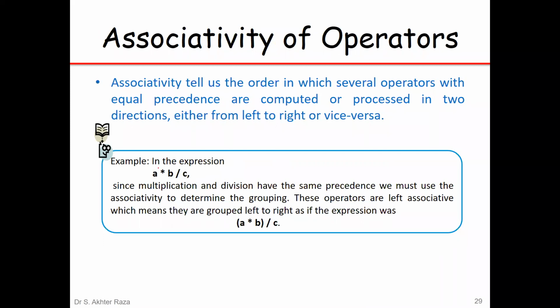Suppose I have an example here, a into b divided by c. This is called associativity. Precedence and associativity are the two things. Associativity means in which order, in which sequence, these operators will be solved. So associativity will be left to right. If two operators have the same precedence, then you have to solve them from left to right. This is called associativity. Into and divide have the same precedence, because according to the DMAS rule, what DMAS says